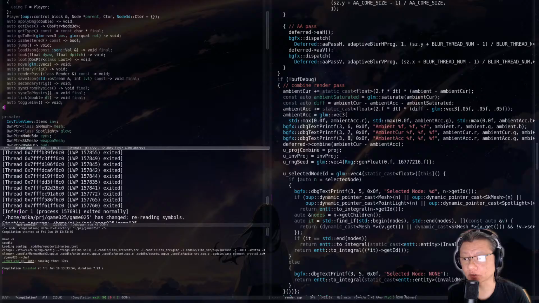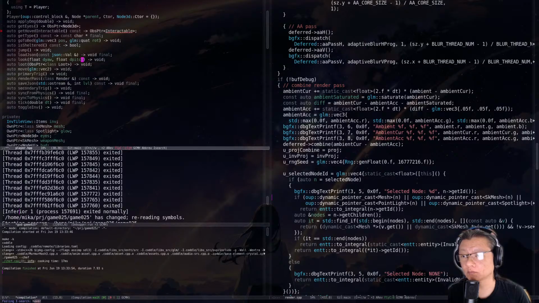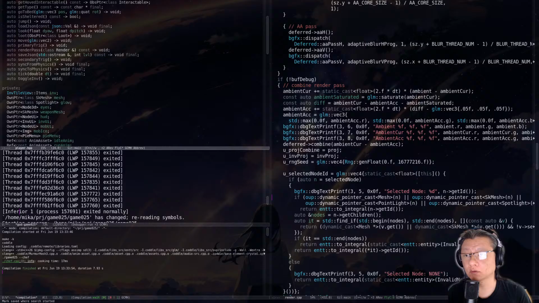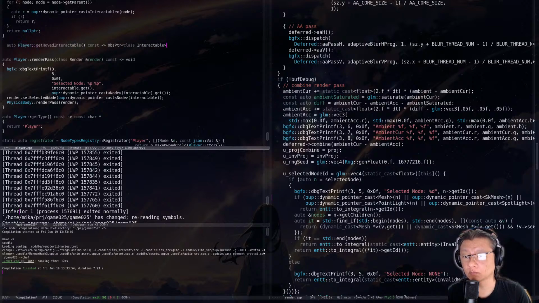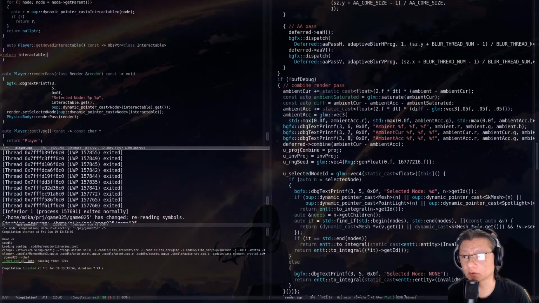Okay, let's add a function, auto get hover table and OBS pointer interactable and const. Class. Okay. Return interactable,